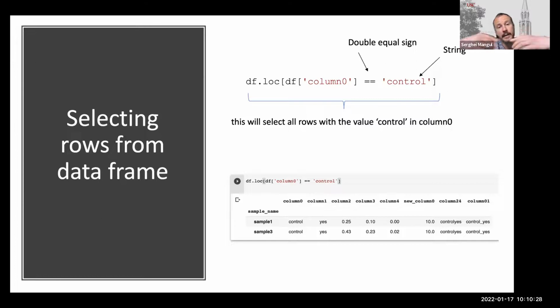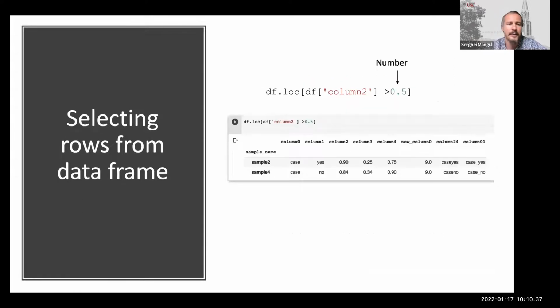Don't forget the double equal sign. Are they equal to each other? Yes, no. True, false, right? That's it. Not much. If it's a number, you have more flexibility. You can ask the question, is it greater than 1,000? Less than 100? Less than -5? Whatever. It's more flexibility. So here we say, if the elements from column 2 are greater than 0.5, then output,